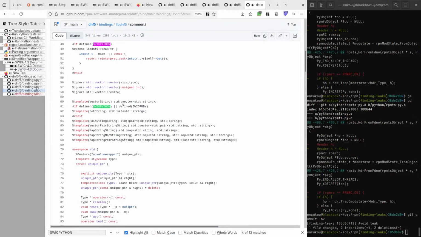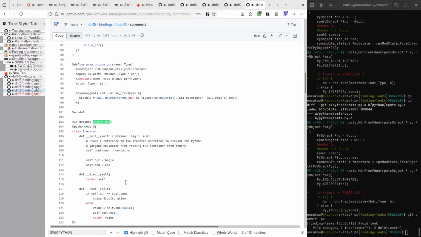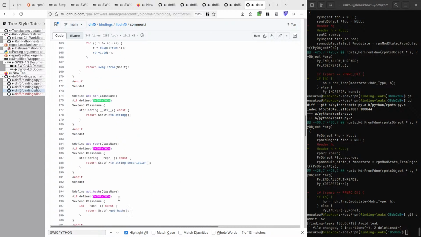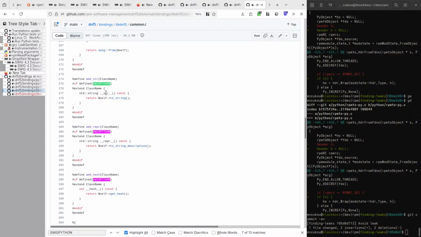Mm-hmm. Set string. An iterator defined as a Python class. String wrapper.